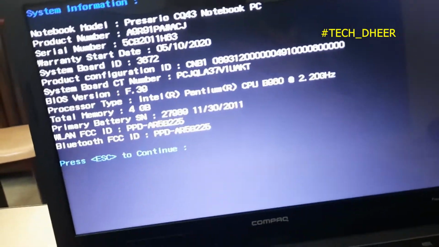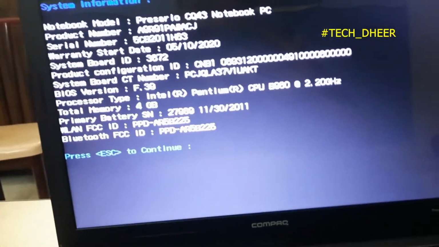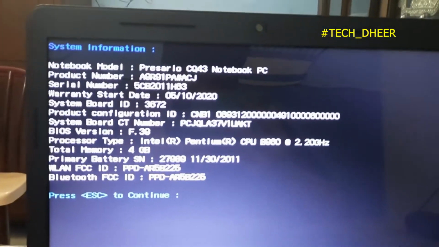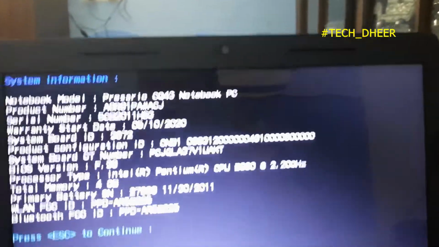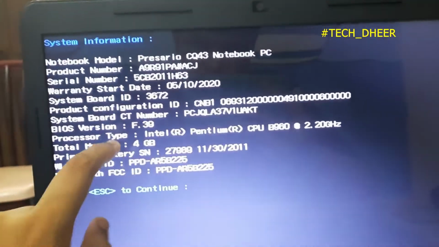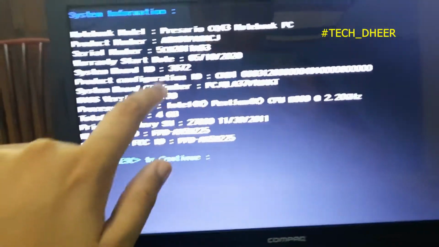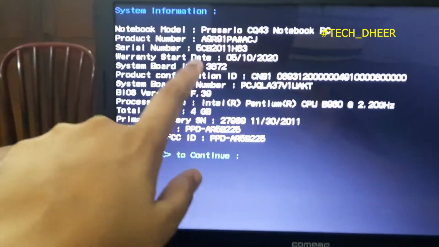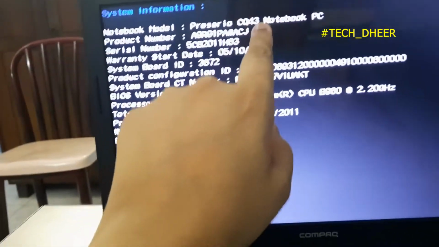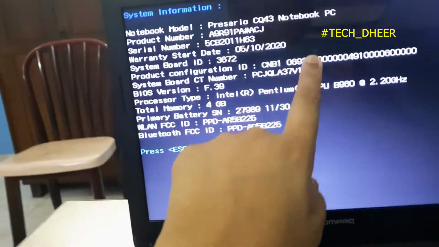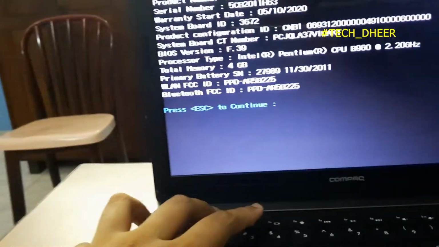Okay, it lags a bit when I am opening some heavy applications. Okay, both have 4 GB RAM over here. This laptop and the desktop have 4 GB RAM, and you can see all these specs: Compaq Presario CQ43 notebook PC. So hope you like this video. I'll just close this PC for now.